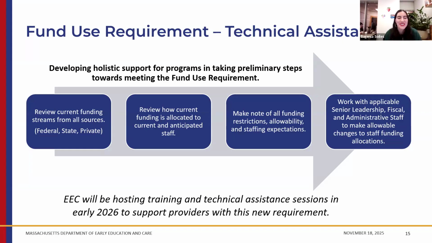Yeah, thank you so much, Alicia. And I will remind folks again, if you didn't catch it, these requirements that Alicia just talked about are just for center-based programs. If you're a family child care program, you do not have to worry about that. And you will probably be getting emails from me if you are a center-based program on how to access those trainings. We really thank Alicia for her expertise and willingness to make sure that folks have a smooth transition into this new requirement for center-based programs.